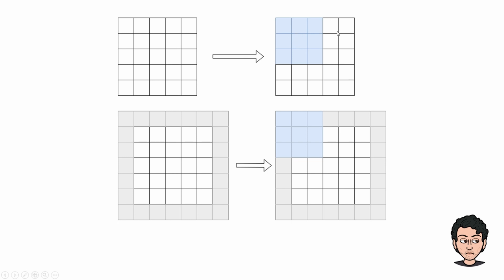But when this kernel moves over here, this filter, filter or kernel, whatever you might call it, this pixel again comes into consideration. When the filter moves over here, and this area becomes blue, again this pixel comes into consideration, but the pixel in the corner has been left behind. If we are detecting, let's say, dogs or cats, and in the corner of the image I have a dog, it is not able to extract the feature appropriately from that. At that point, it is going to be an issue.